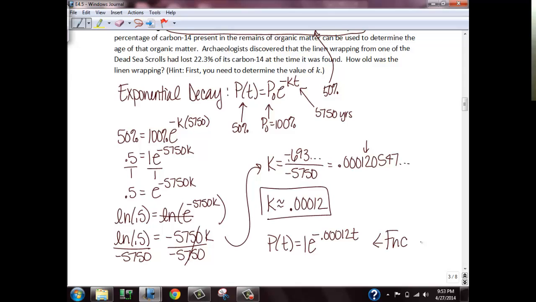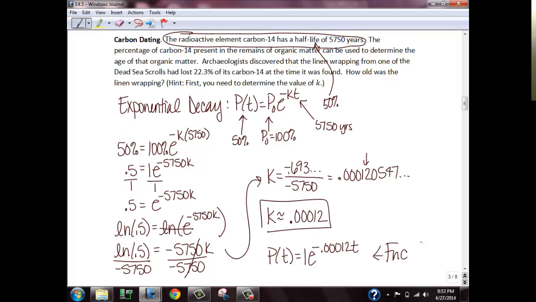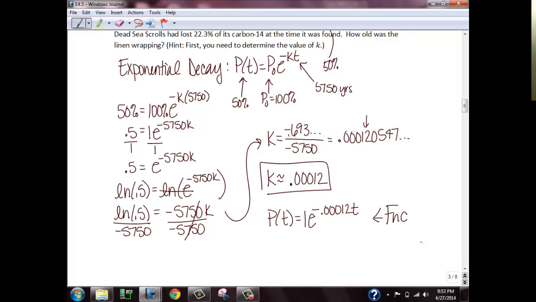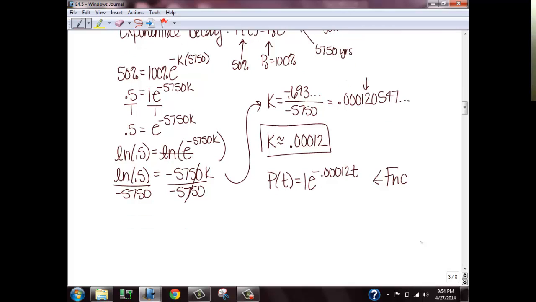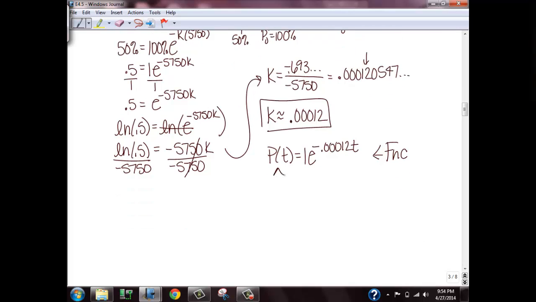So they give me another sentence that says the percentage of carbon-14 present tells us how old the age of the organic matter was. Okay, we don't care about that sentence. What we care about is the next sentence, which says archaeologists discovered that the linen wrapping from one of the Dead Sea Scrolls had lost 22.3% at the time it was found. Okay, so remember, when we plug things into our function, whatever P of t is, that is our